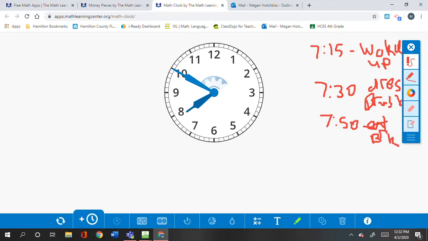Then it took 5 minutes for her to walk to the bus stop. So we're going to go another 5 minutes. So by 7:55, we are at the bus stop. What time did the bus arrive? So it does show you on here